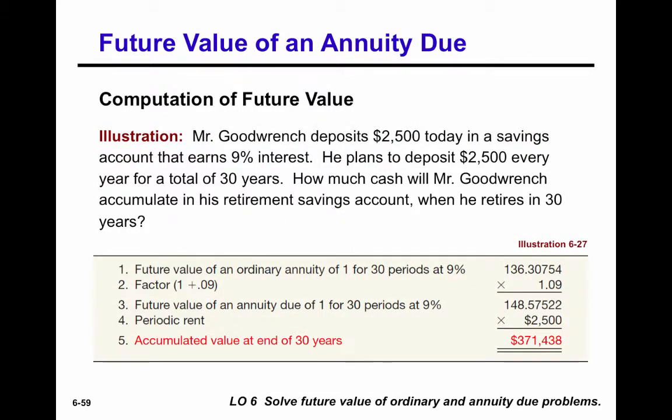This is an example of an annuity due scenario where we have a payment going in at the beginning. He's going to make $2,500 payments every year for 30 years. They're going to earn 9%. We want to know how much will be in that account when he's finished. We go to the future value of an ordinary annuity table. We go to the 9% column and the 30-period line. And when we look there, we see the factor to be